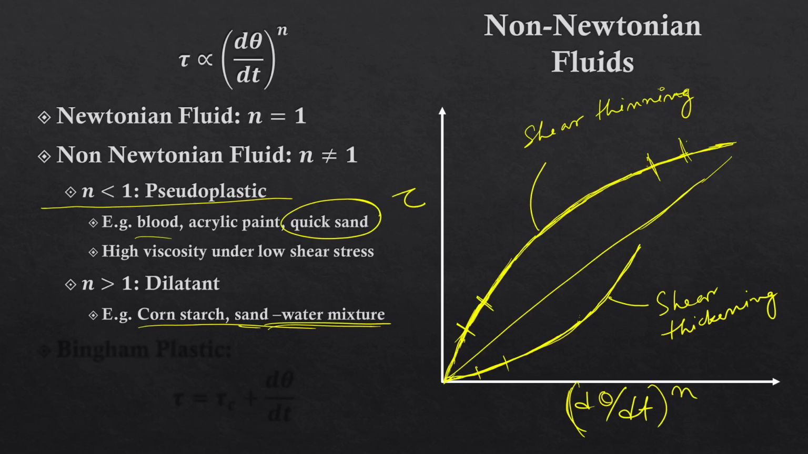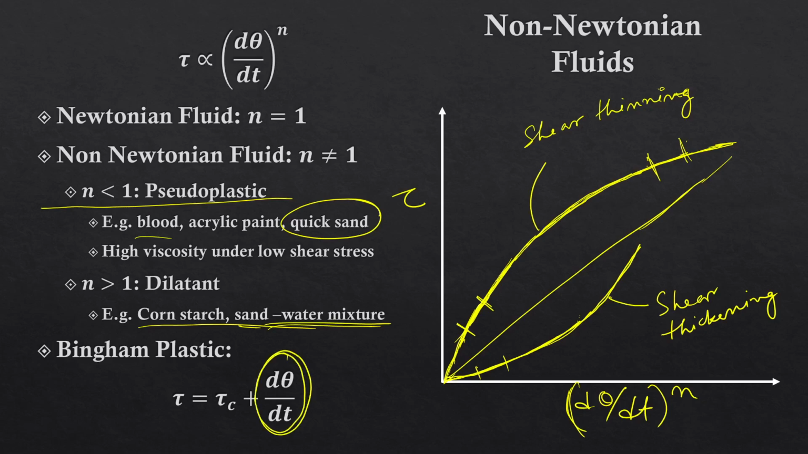Then there is another type of fluid which is called Bingham plastic. In Bingham plastic, the property is that the relationship is linear because there is no power, or the power is equal to 1, but there is some addition to this relationship, that is tau c. That means although the curve will be a straight line like this,